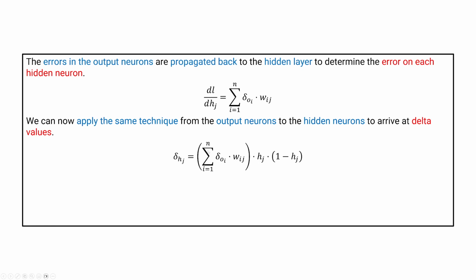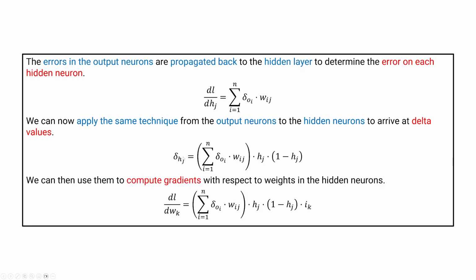So we've got the sum as being the contribution from the output neurons. That's the loss bit. And then we've got the activation function bit right here. Again, this gives us the delta of this hj. And we can then again use that to compute the gradients using the same technique that we just did for the last two, relative to its inputs. So we can go back and look relative to its weights, and that means just computing or multiplying by the